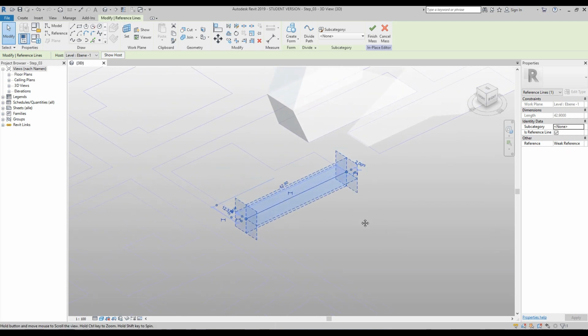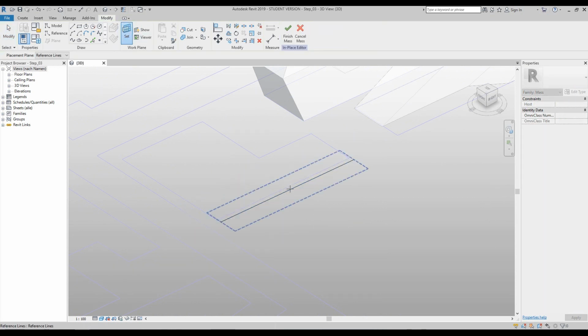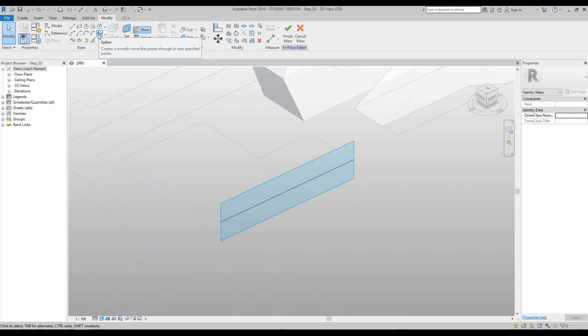What we're going to do is we're going to set one of these planes, and it will be the middle vertical. So to do that, we go back up to the set button, and with the tab key you should find it. 2 taps on the tab key, click it. Once you select it, again, if you want to show it, you can by pressing the show reference plane. And now what we're going to do is draw a curved spline line on that reference plane. So we go up to the Spline Tool, which is this little button here in the draw section,